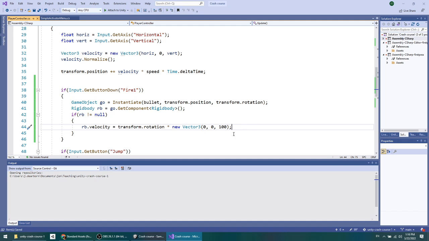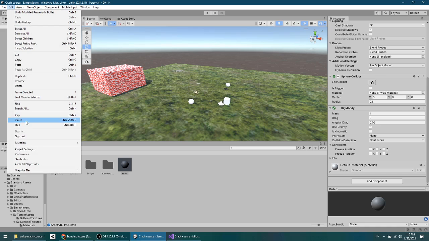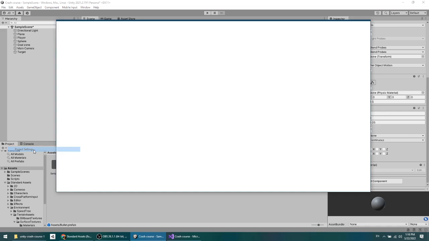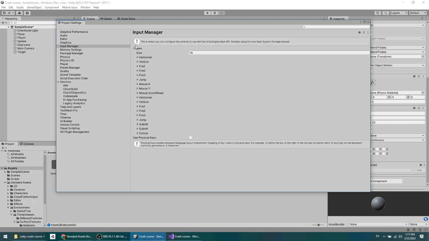Okay, so let's see, we want to talk about this a little bit. Let's go find where this is. So let's go into Unity, Edit, and Project Settings. In here you'll find, where is it? Yes, this is the one. So in here you'll find Input Manager, and in Input Manager you can expand the axes,